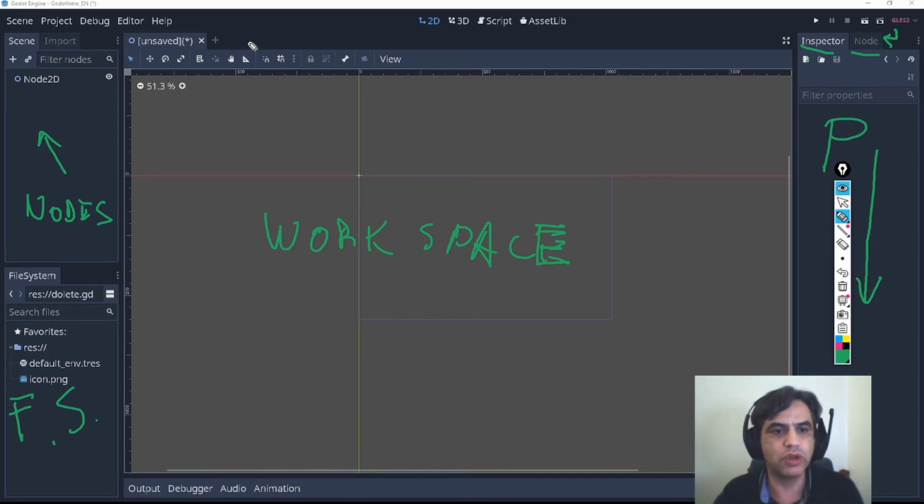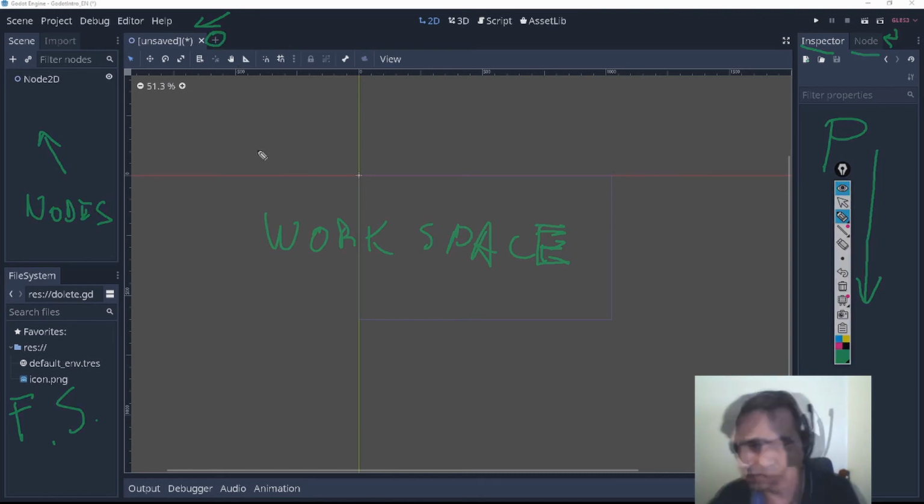So imagine that you have a game that has 30 levels. You can have 30 scenes where you can reuse objects that you save in other scenes. But, of course, with time we are going to talk about that. So this is the name of my scene. For now it's unnamed, but I'm going to give it a better name. But if you want to have more, you can press on this plus.